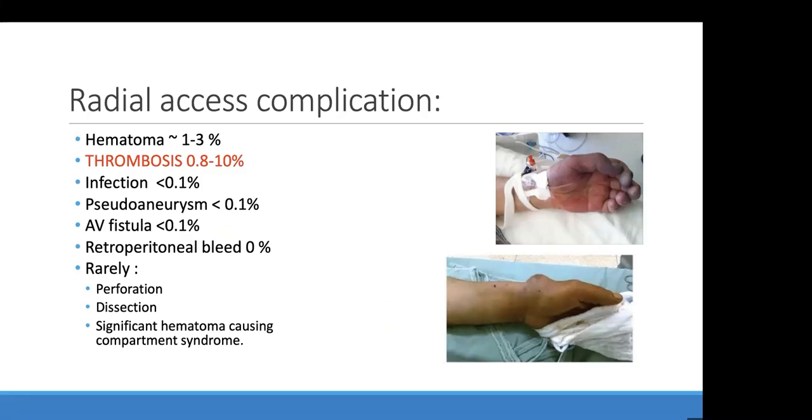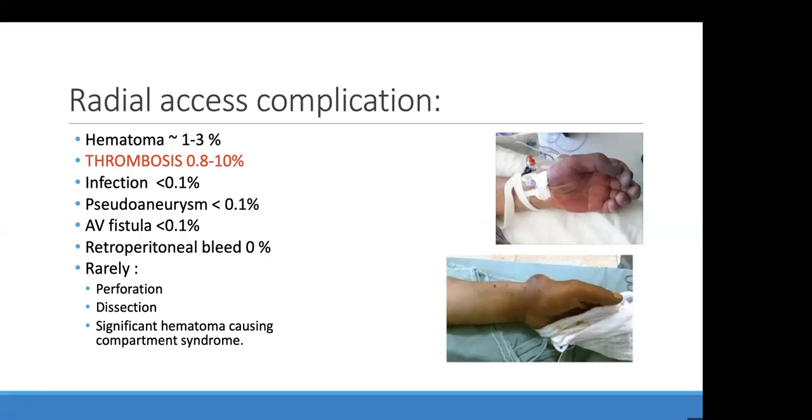It's not catastrophic because humans have a very enormous network of collaterals that can prevent distal thrombosis and then end-edge thrombosis. Infection can happen if you're not using sterile technique, but it is extremely rare. Pseudoaneurysm can happen specifically if the patient is hypertensive or on chronic anticoagulation,